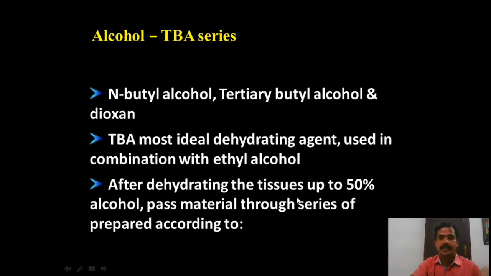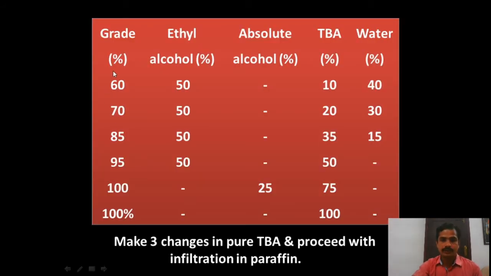After dehydrating the tissues up to 50% alcohol, as in the example explained earlier, pass the material through a series prepared according to the following table. That is, up to 50% alcohol 50, then water 50. After 50%, at the 60% grade, ethyl alcohol 50,